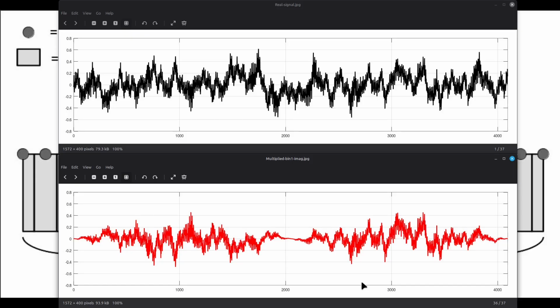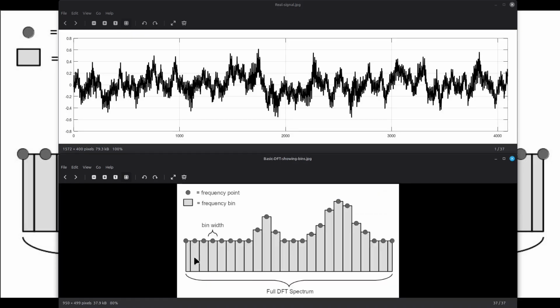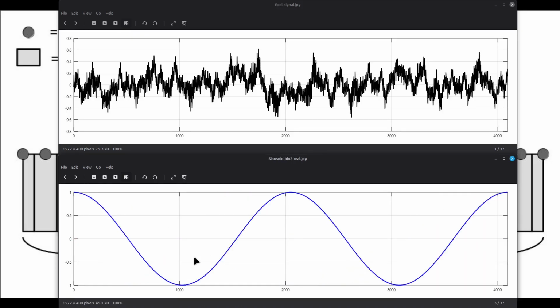As far as bin 2 is concerned, we're coming back to our original waveform here. We're first going to multiply by 2 cycles of a cosine wave shown here, again on a point-by-point basis.